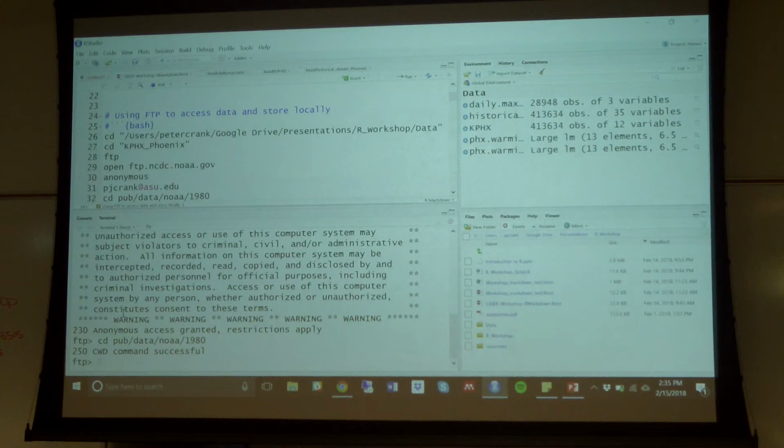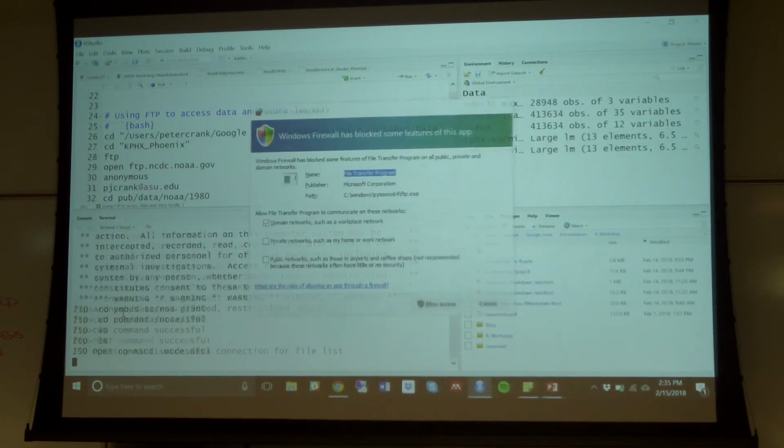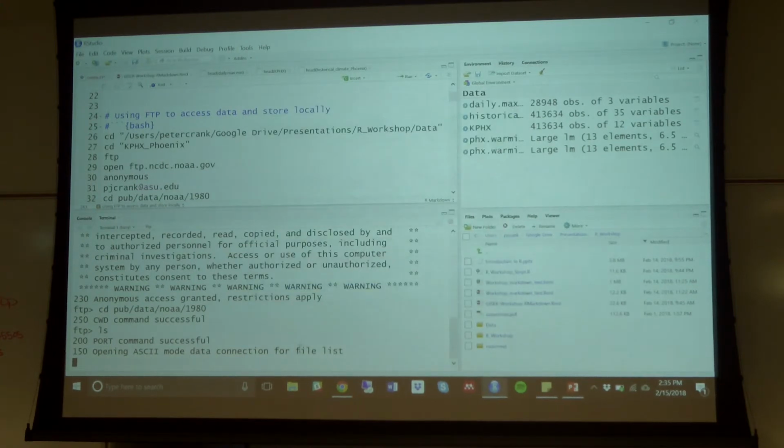I'm in the 1980 list, and so there are a bunch of... it's taking a while because this is for every single site station in the US that it's trying to list out the different files for. But the way that you would pull it then is,